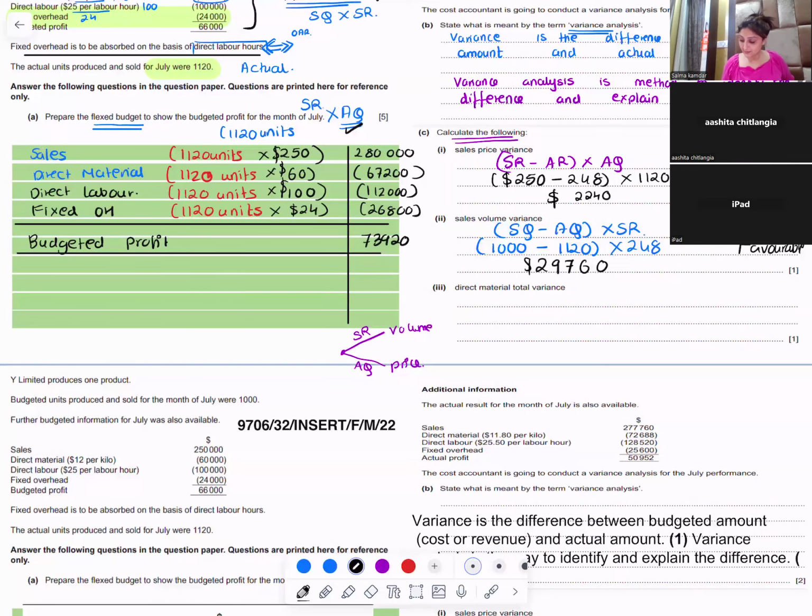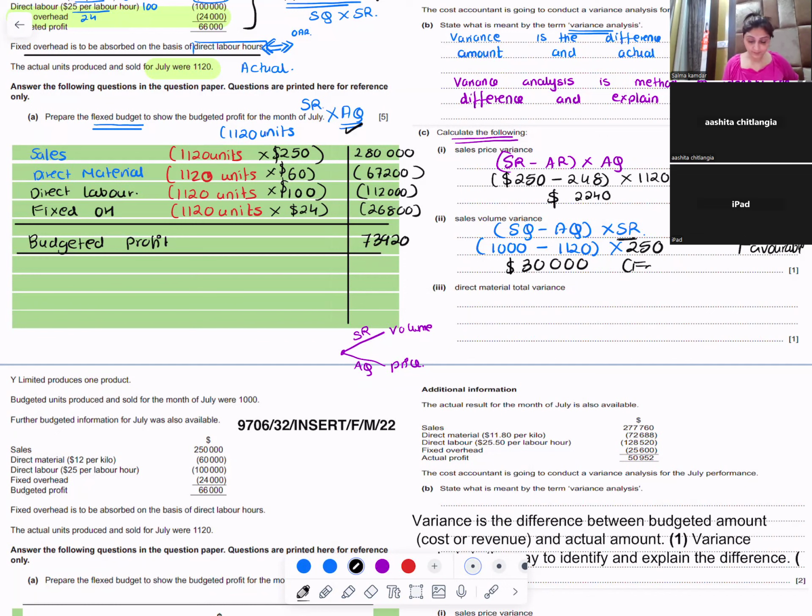This is wrong. Multiply by the standard rate. What is the standard rate? The standard rate is 250. So why did we take 248? Standard rate is 250. So it will become $30,000